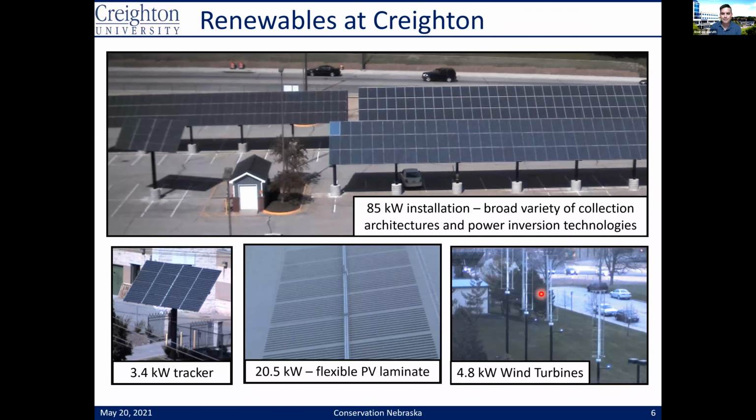It turns out vertical axis wind turbines were a fun idea 10 or 12 years ago, but they didn't last very well. So we're going to replace these with a more traditional wind turbine, like a smaller version of what you might see driving on the interstate. But all told, this is 120 kilowatts of power. To give you some perspective, that's the equivalent of powering about 40 homes.